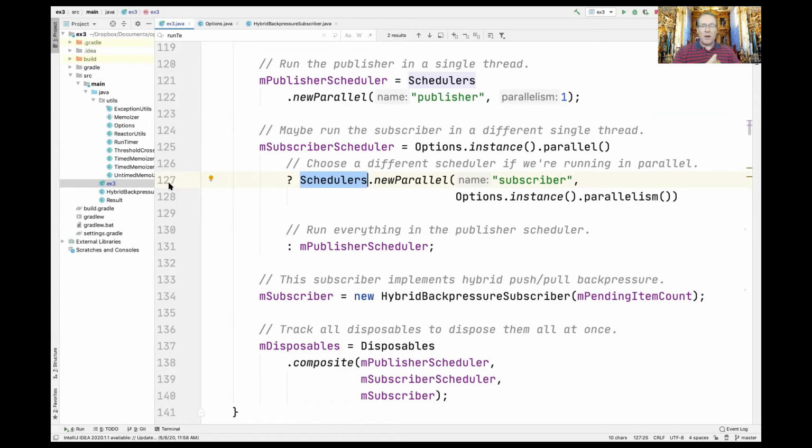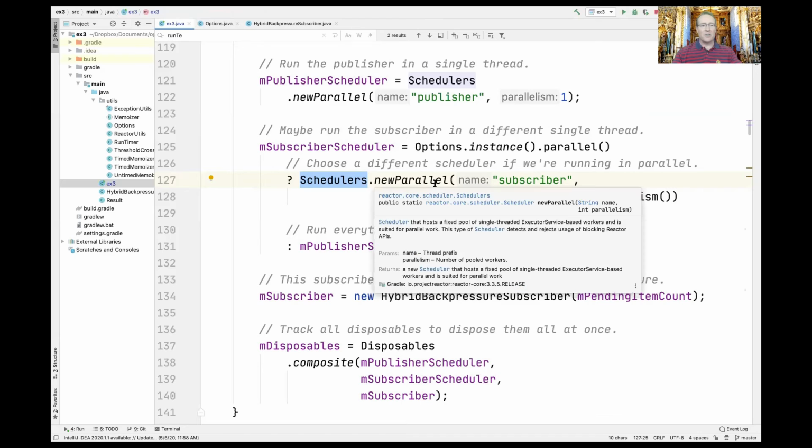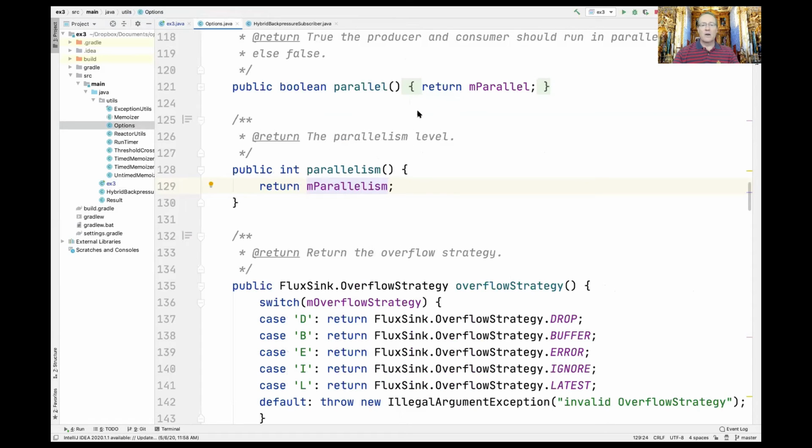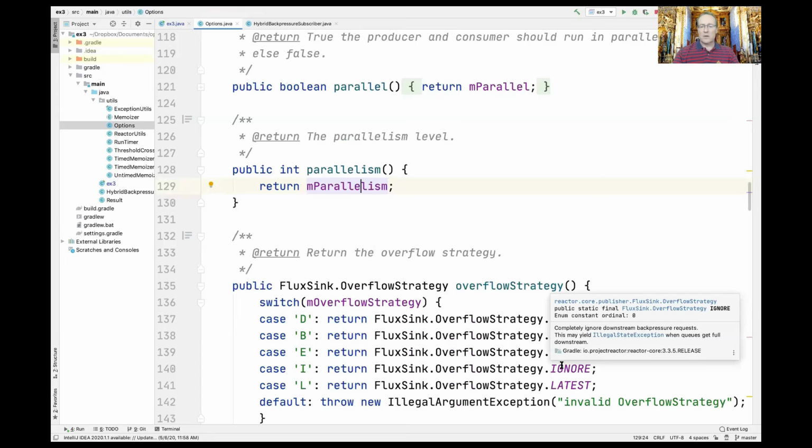Ignore is not the same as drop. Ignore basically says back pressure is happening, but just pretend like it's not happening. So we'd have to go take a look. Let's go see if we can find the documentation for ignore and see what it says. Okay. Completely ignore downstream back pressure requests. This may yield illegal state exception when queues get full downstream. So this is kind of like